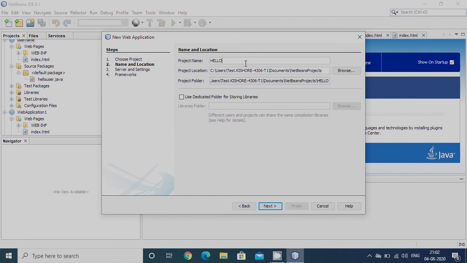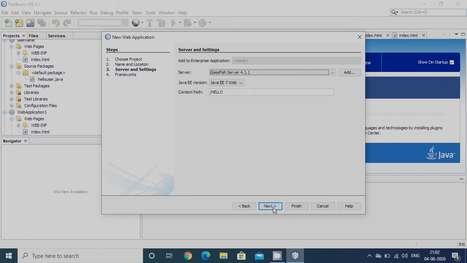An instance with that name already exists, so I am simply putting hello. This place tells the project location, and this tells the project folder. Let it be in this folder itself. If you want to change, press Browse and select the appropriate folders and locations where this project should be placed. Next, select the Next button.